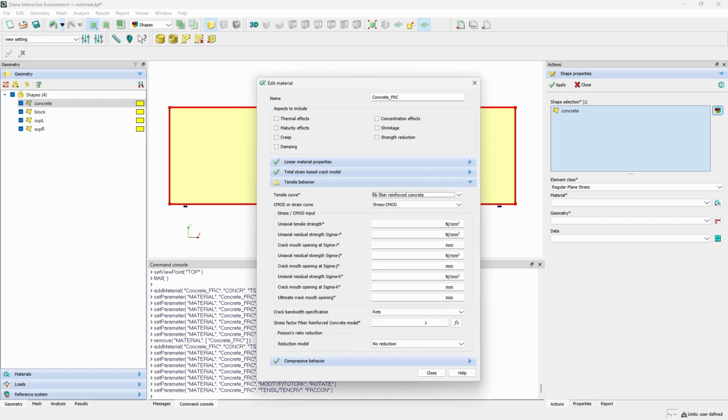We have different options: the crack mouth opening or a strain curve stress input. The first choice that I want to use is the stress versus the crack mouth opening displacement, and I need to input data for the different aspects of this model. For the uniaxial tensile strength, for the uniaxial residual strength, sigma i, 2.03. For the crack mouth opening,